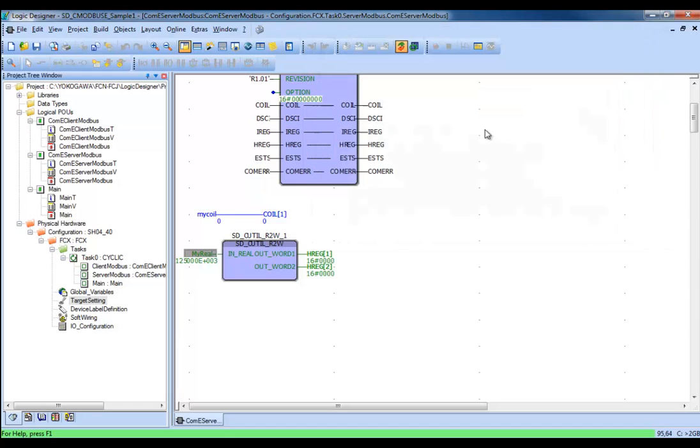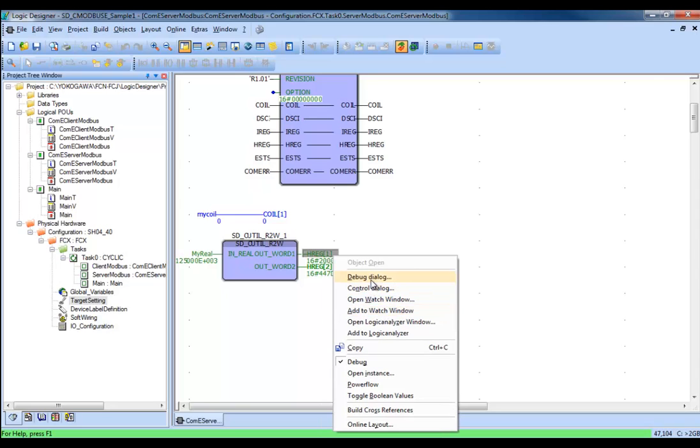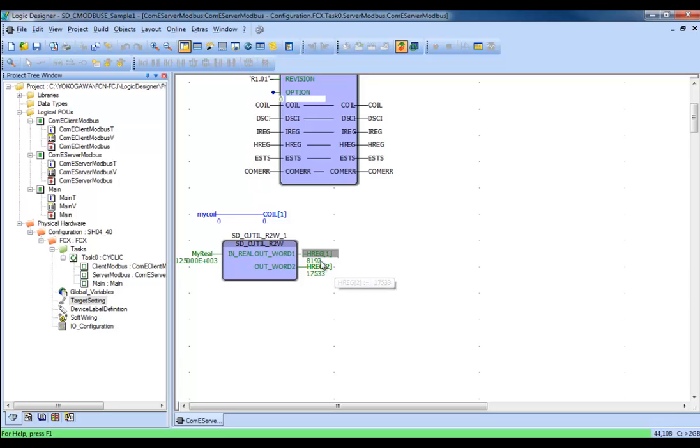Say OK, overwrite that. And then we can see that it takes that value, splits it into two words, and puts that into the server holding register 1 and holding register 2. Right now it's showing it in hex values, but you can actually go into the debug dialog here. That's what we want. I can change it to standard decimal values here, and you can see that register 1 will have 8192, and register 2 will have 17533, and you combine those together, and that forms the full double word for a